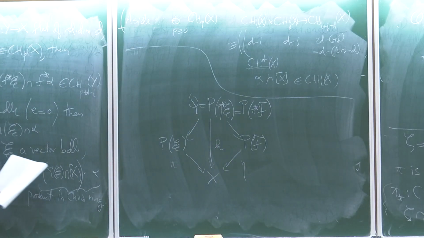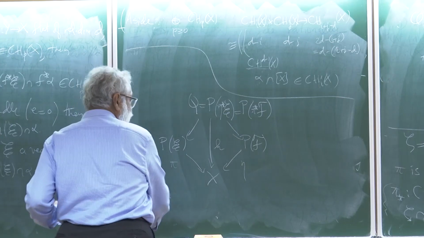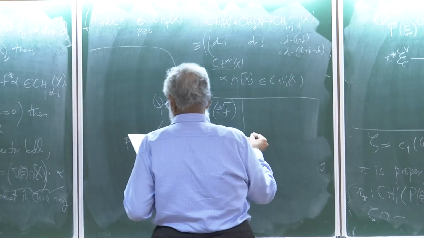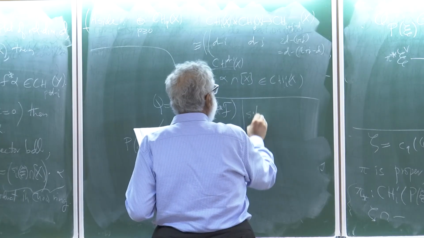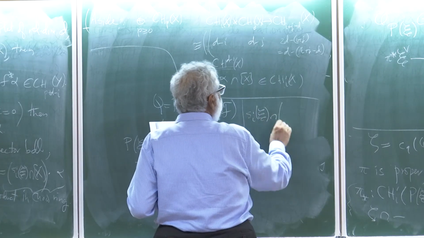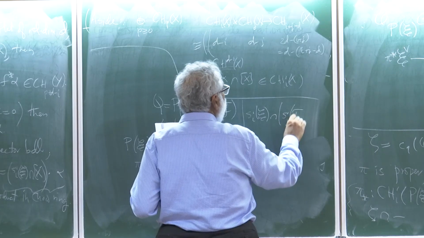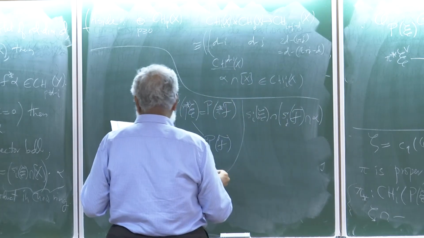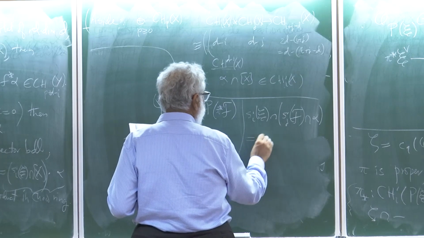And then you have to make the following calculation. I'll just write down the formula, leave you to check that it's correct. It says that S^i E cap S^j F cap alpha